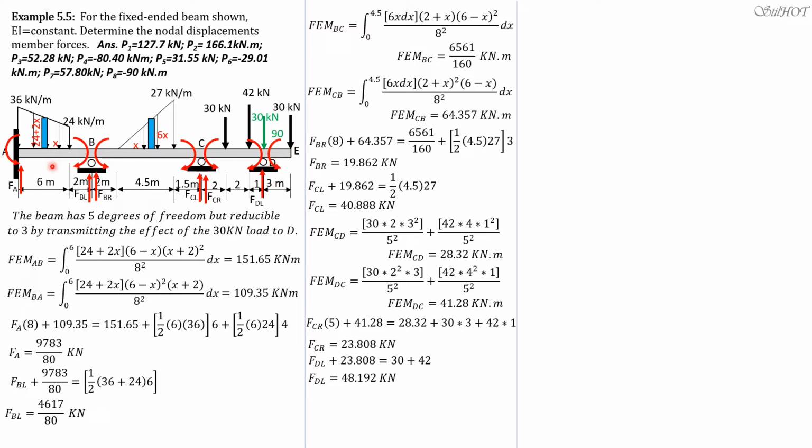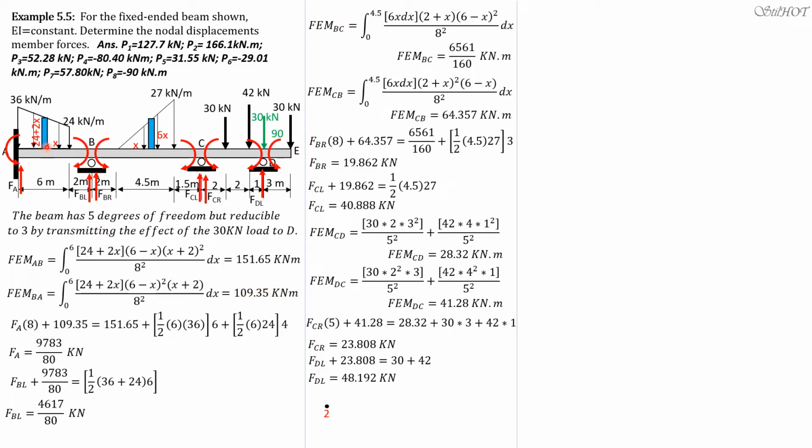But this is intended for your quiz or for your exam, so you should have the technique on how to reduce it to 3 by 3. So we stop at D, but remember the moment at D due to this 30 kilonewton is 90. So for the